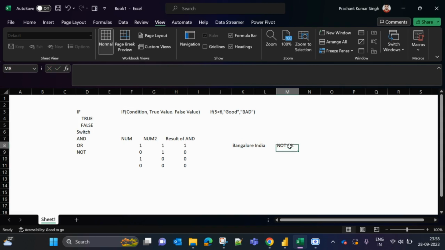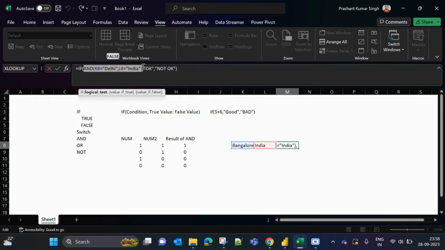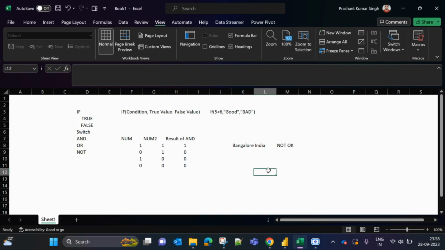Will be not okay, because this AND operation is returning a false value. It means the condition is false, and for the if condition the false value is not okay, so it is going to return not okay over here. Similarly, in the OR operation,